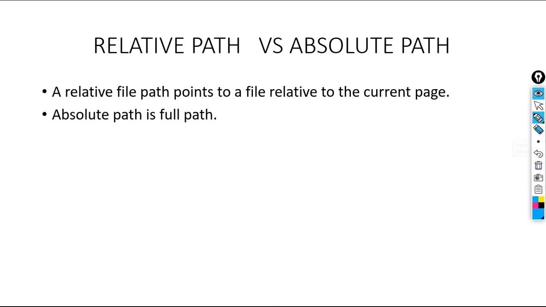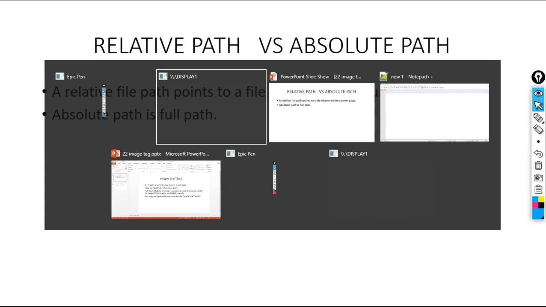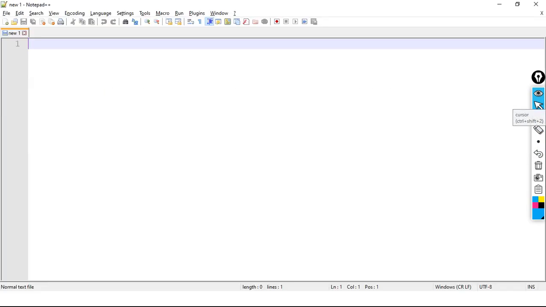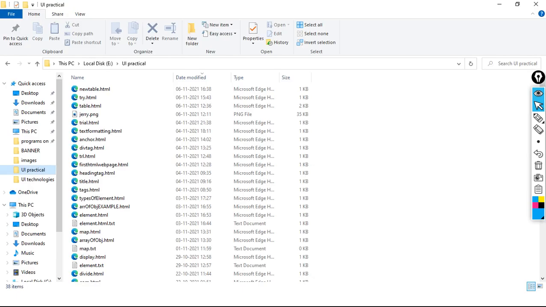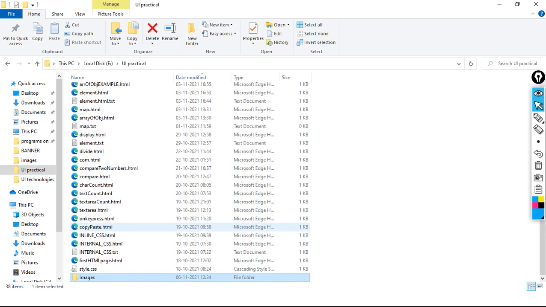Now let's understand with one practical example. Observe here, in E drive I have a UI practical folder, and in this I have one images folder.